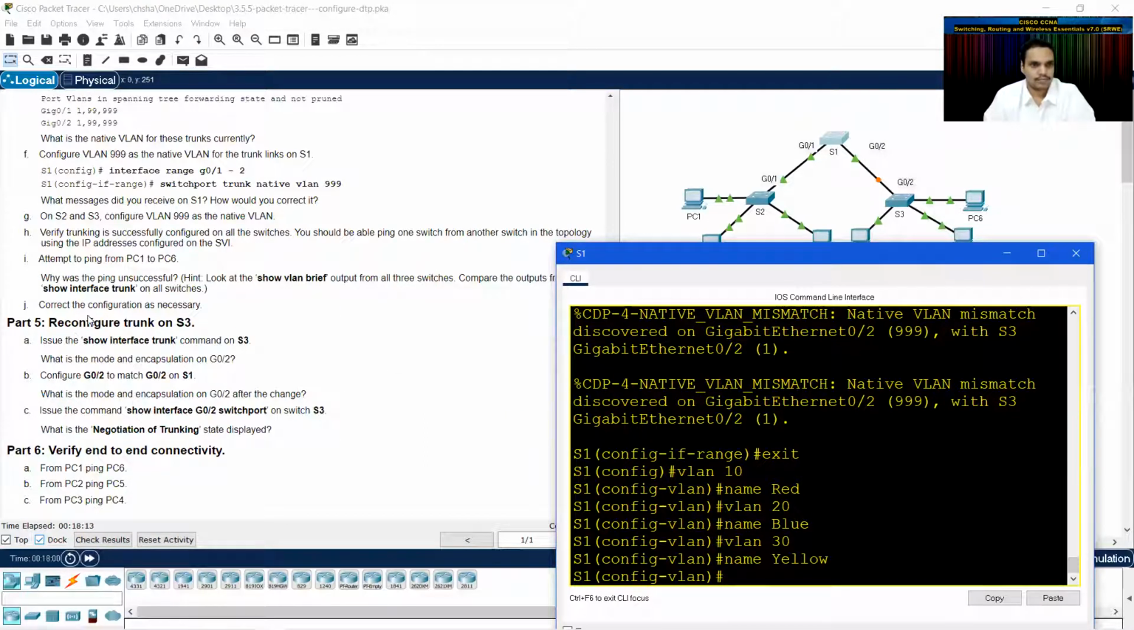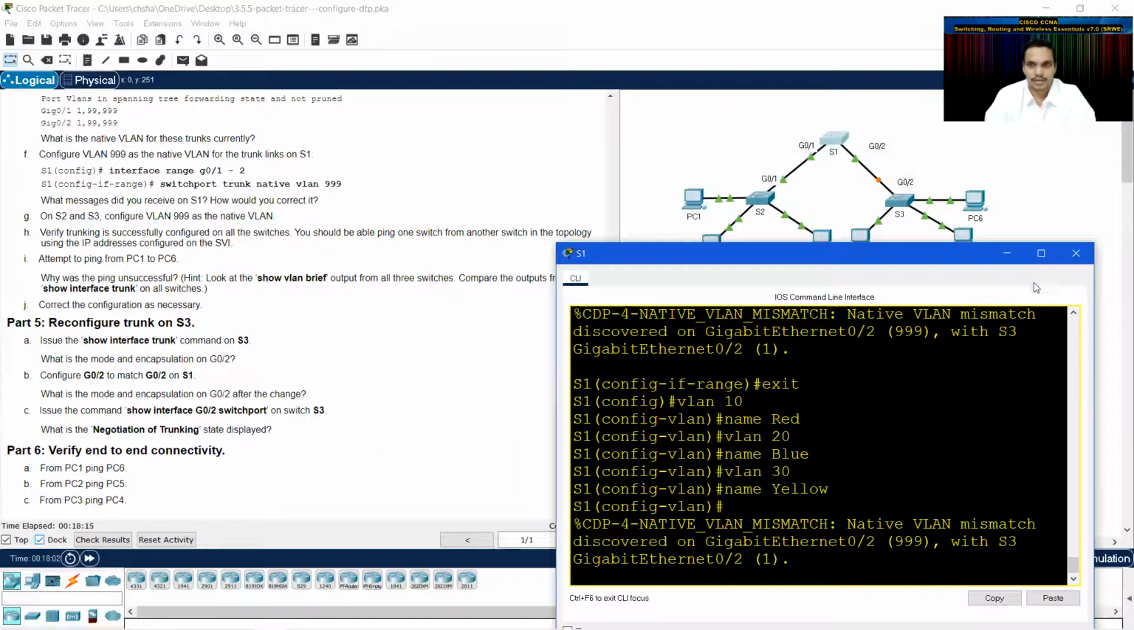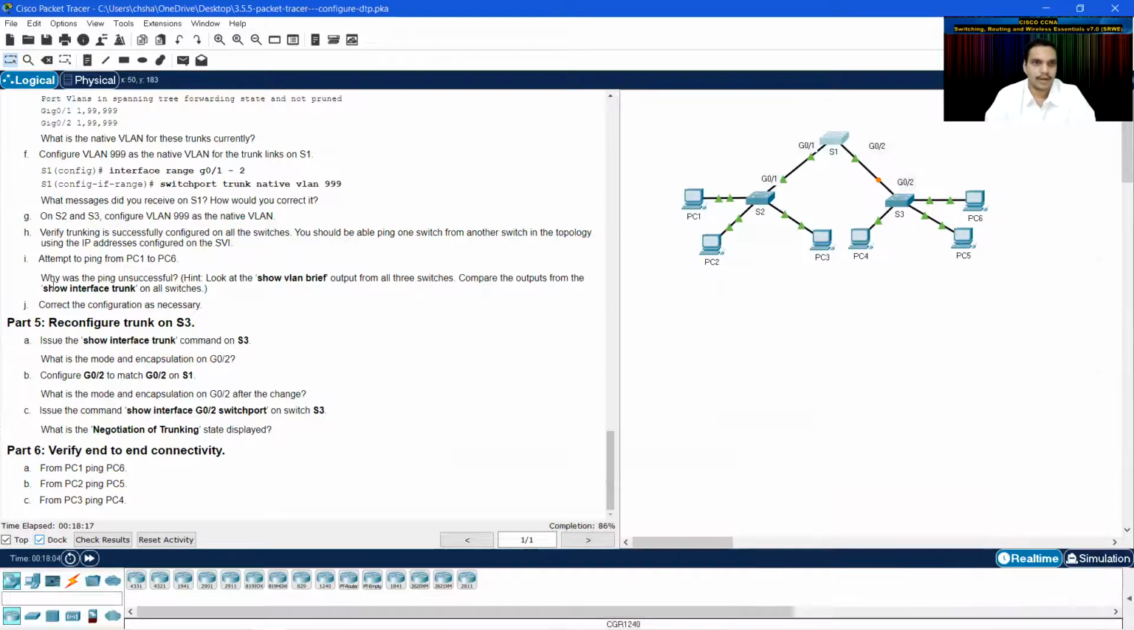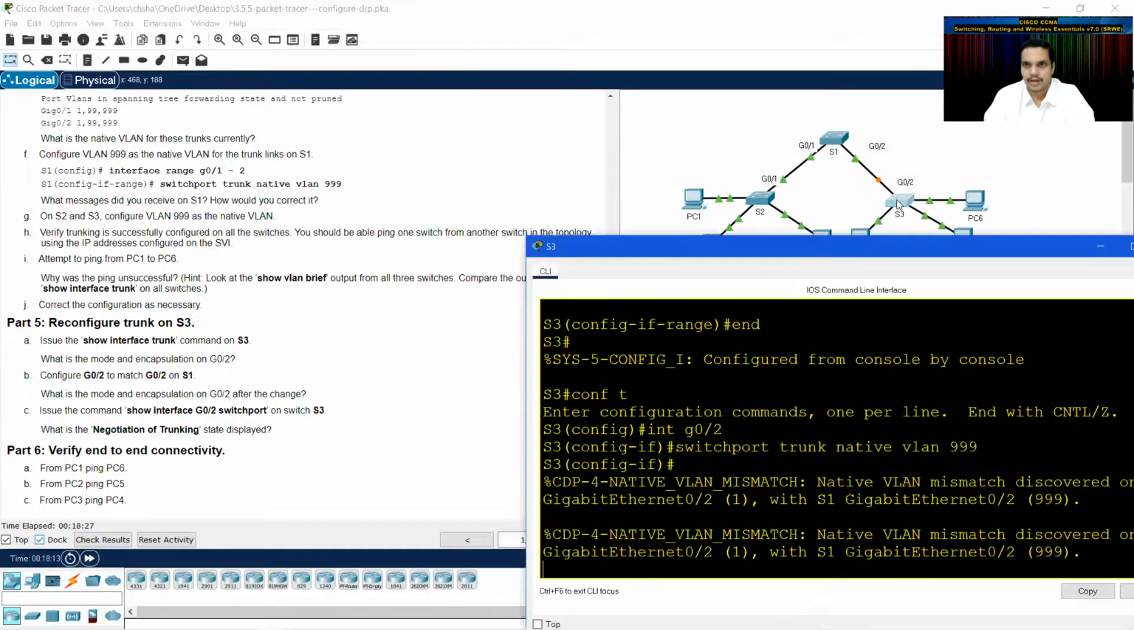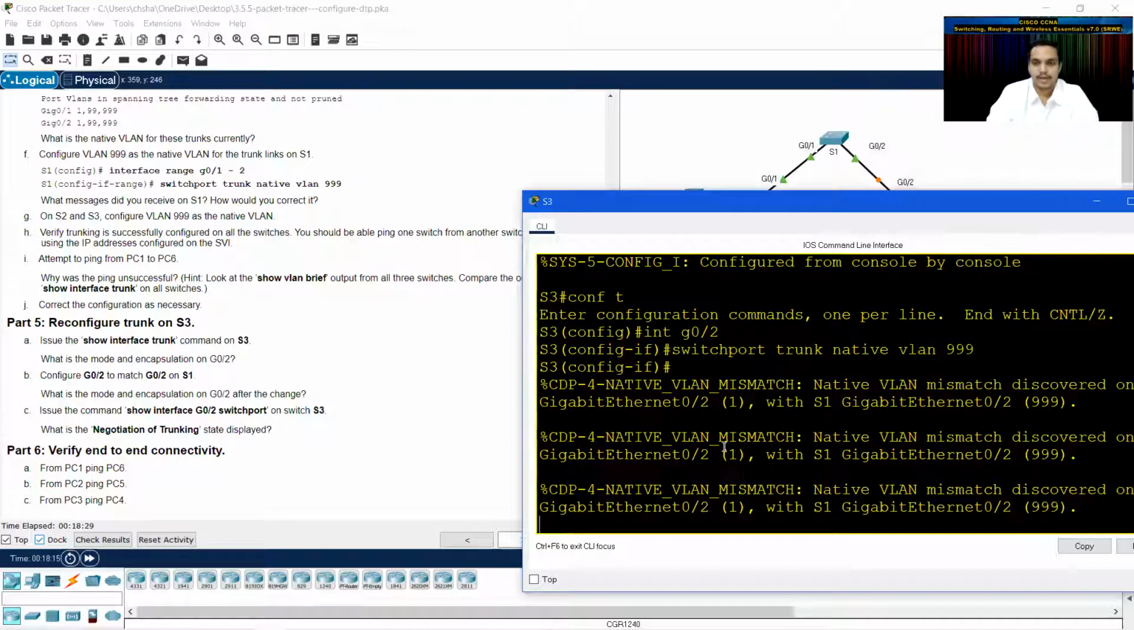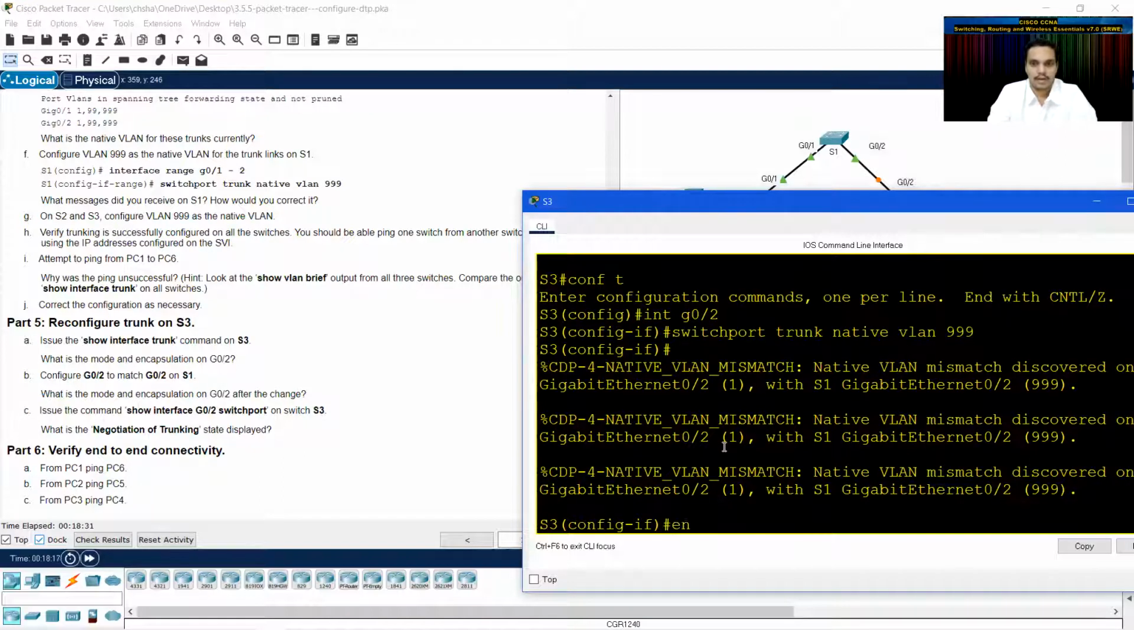Okay, so I changed it. It seems to be working now, and let me go here. Okay, this is how I corrected the configuration. I now created the VLANs on S1 also. Reconfigure trunk on S3. Yes, this is still pending. Let me go on to S3 and let me type in